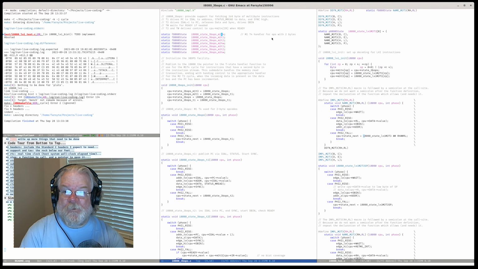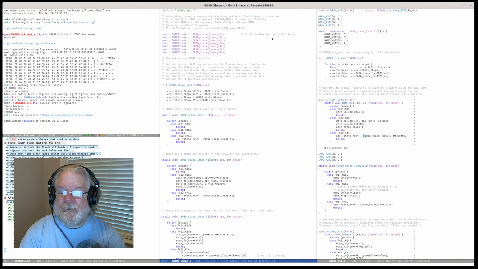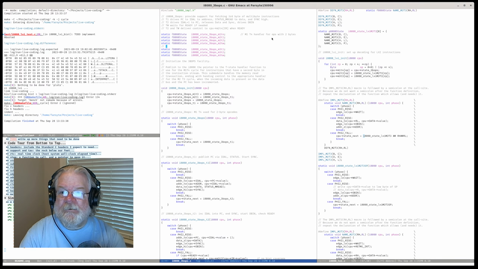So we'll have an M1T4, which just sets up for a 3bops M2T1, M2T2, M2T wait, which will, after TM.